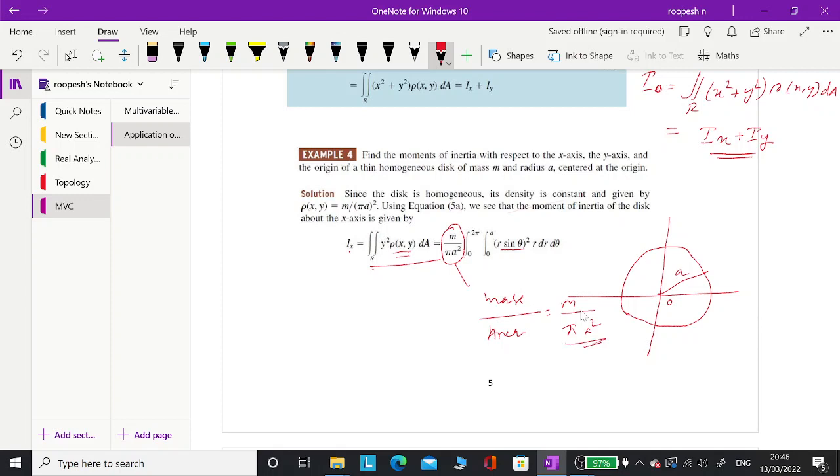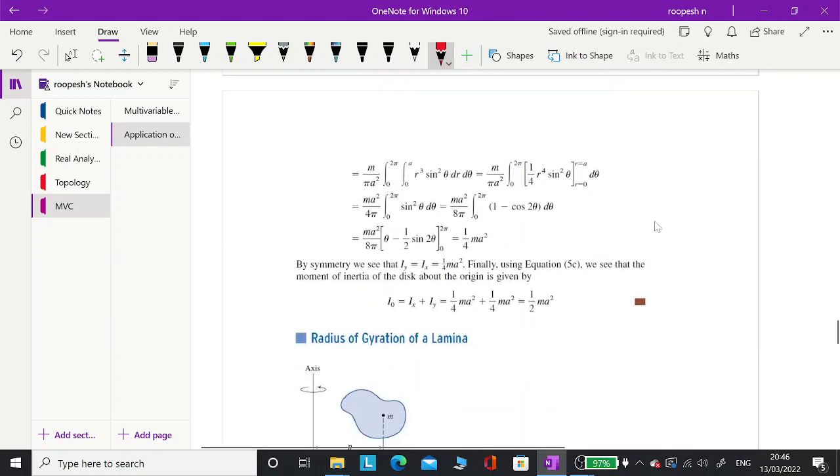So you can easily go for polar coordinates and we can integrate this part. So it will become r cube sine square theta dr d theta. So it's a very easy one to calculate. Sine square theta, just remember this, is equal to 1 minus cos 2 theta by 2, right? So you can have sine square theta as